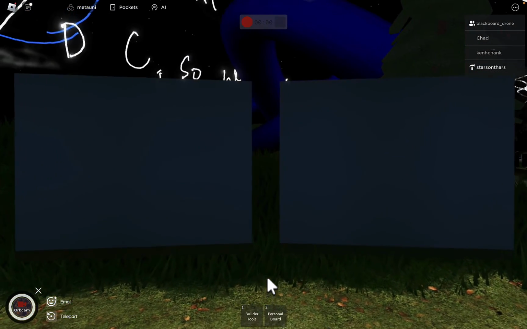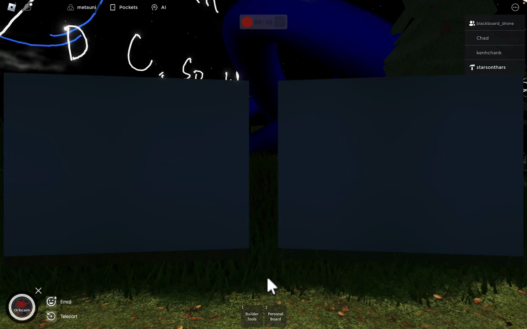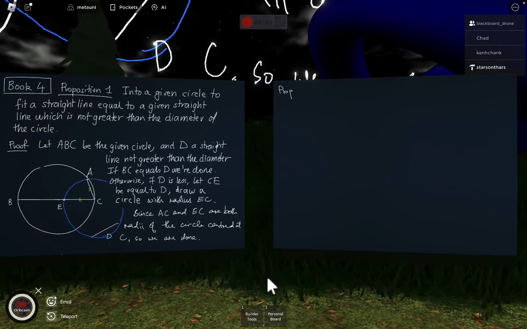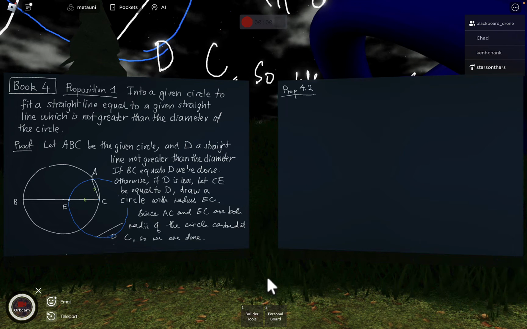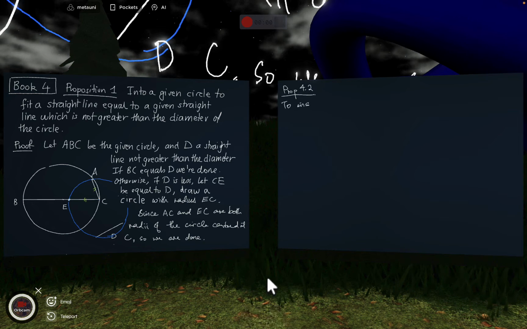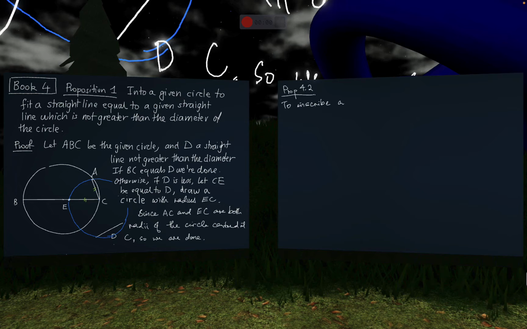There we go. Okay. So proposition 2 is, let me just write down. Proposition 2, 4.2. So this is to inscribe a triangle equiangular to a given triangle in a given circle. So this is a new word that we haven't used before, so I'll say a bit about what that means. So to inscribe a triangle,